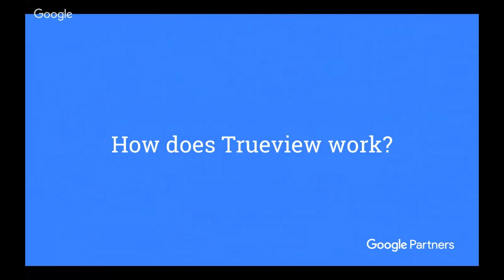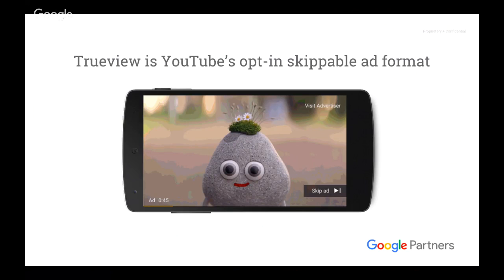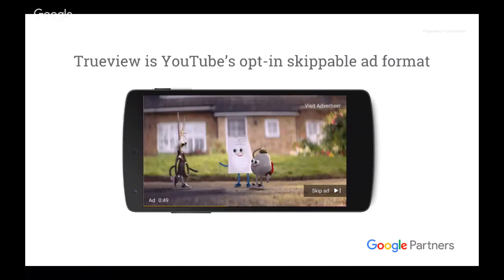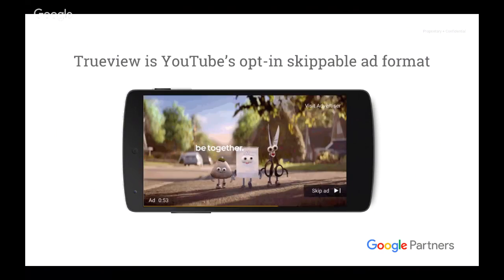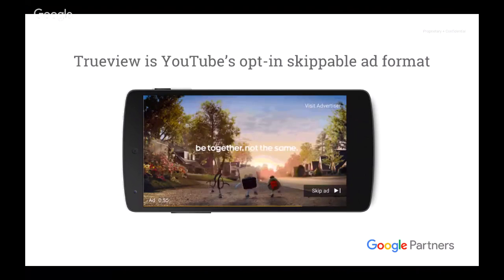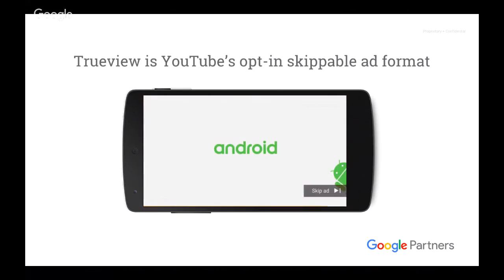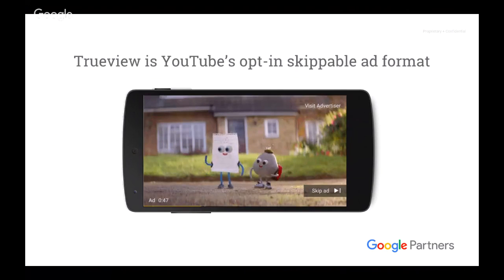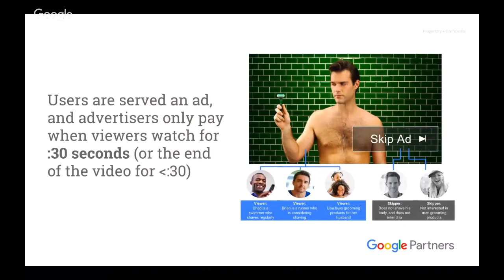So we're going to start talking today about what TrueView is and how it works before diving into more of the specifics. For the purpose of today's chat, we're going to talk about the ad format pictured above. This is called TrueView in-stream. This is your standard pre-roll ad, meaning that it appears before a video. TrueView also has a discovery product that functions more like YouTube search, but we're going to cover that in another day. TrueView in-stream works by showing an ad in front of a video that people are coming to YouTube to